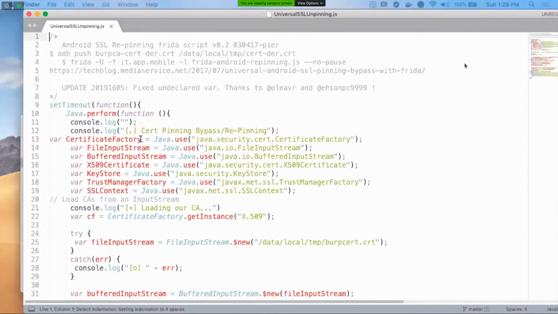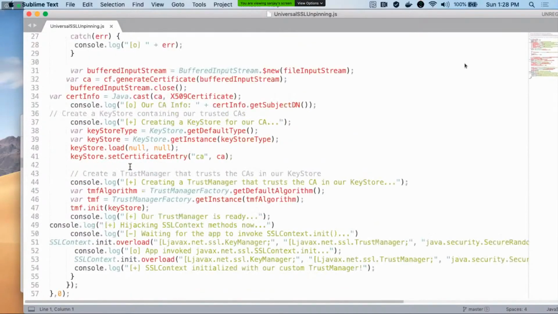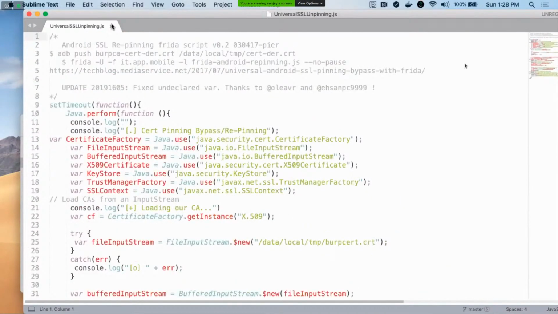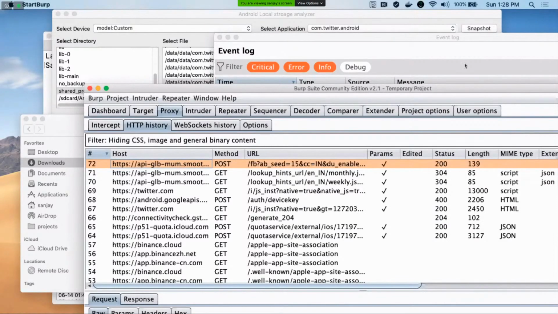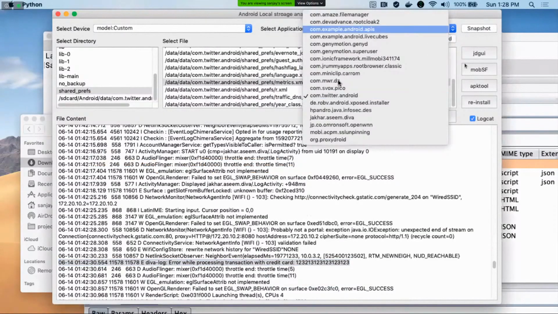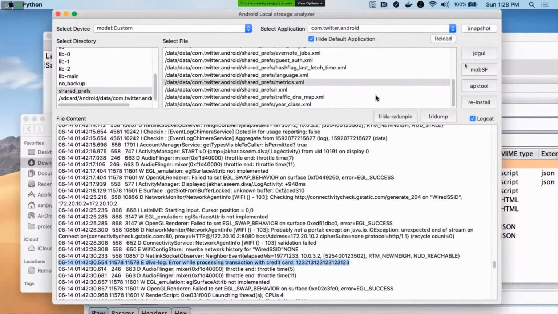These are the public scripts written by this particular guy, and it basically bypasses the SSL pinning. So in order to bypass, first we have to select the APK or application from this tool, and just click on the Frida SSL unpinning button.